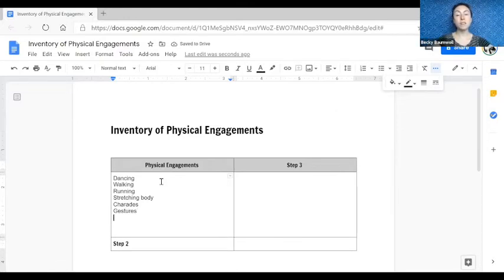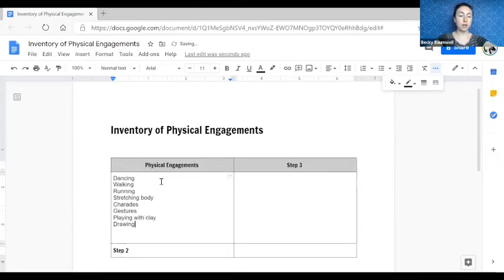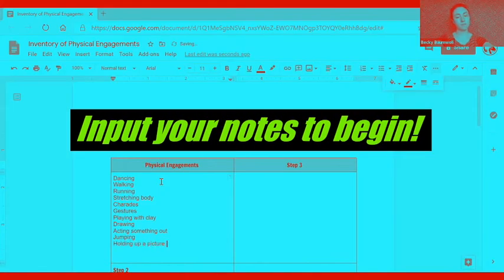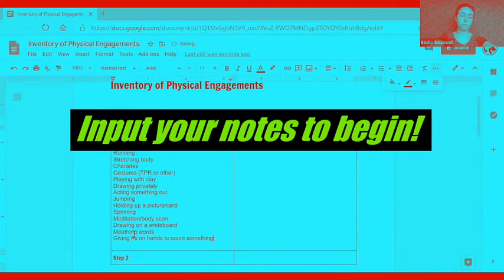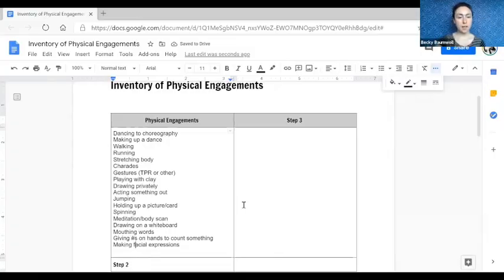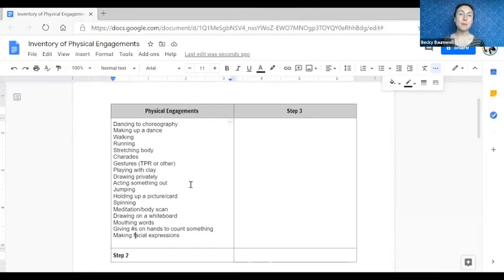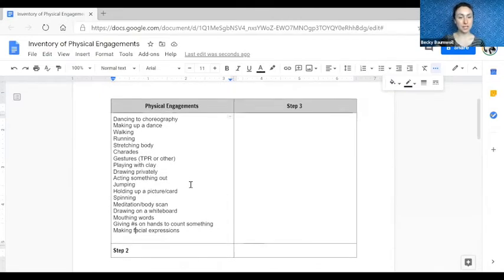The more specific you can get here, the better. Playing with clay, drawing. As you can see, I just worked with what was in the top of my head, but I would work on this probably a little longer and do some big old brainstorming to get to the full list.